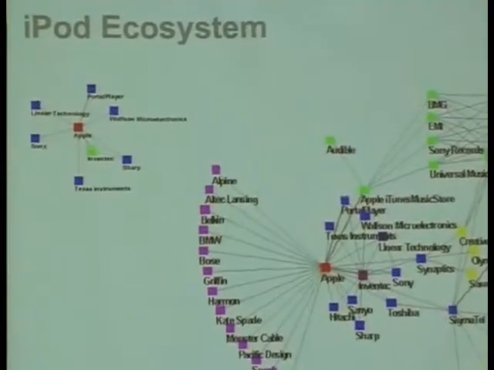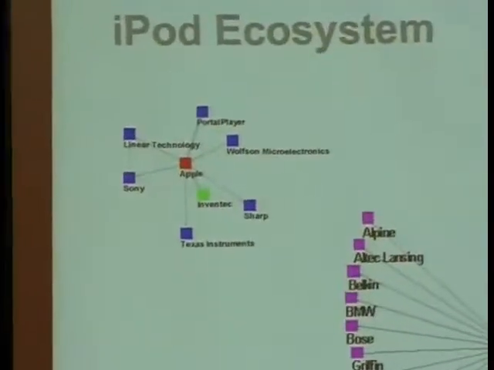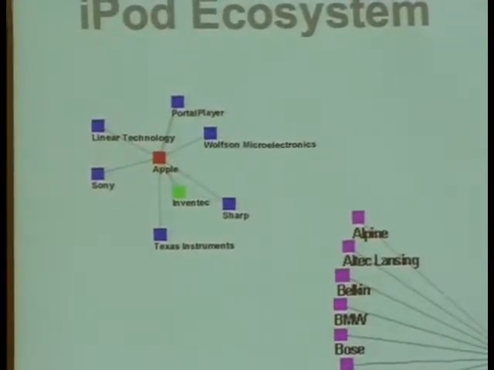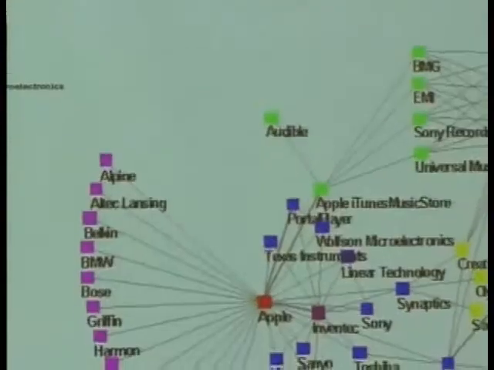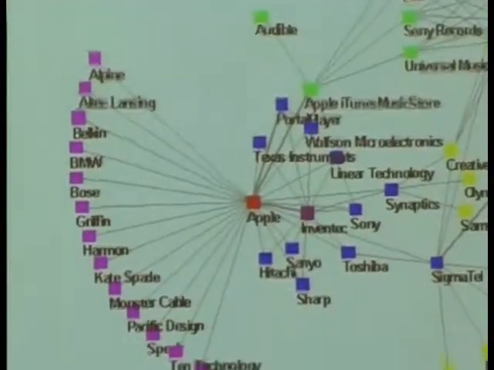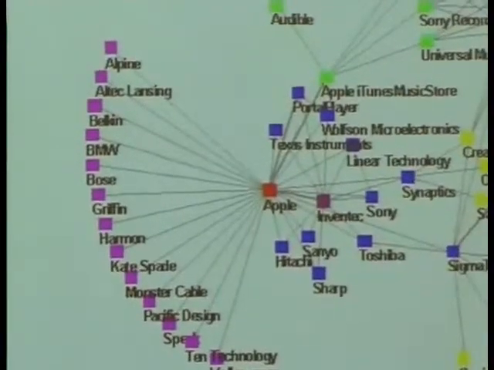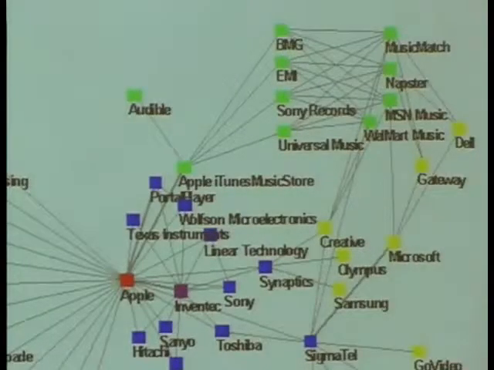All these magenta-colored nodes were various suppliers of add-ons to the iPod. You had now competitors coming in, the yellow nodes. You had the record companies involved with music that they were providing either to iTunes or to other places. And so this whole ecosystem was growing. And now in 2007, this ecosystem's probably 2 or 3 times as complicated as you see there. So again, you start small, and industry ecosystems can grow very big.